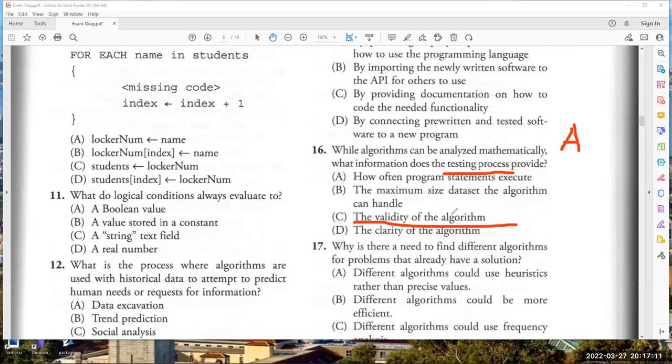The book says empirical analysis involves implementing algorithms through code and executing them to determine how often statements are executed. I would say when you implement the algorithm, the purpose of testing is not to test the efficiency. The efficiency, you actually get as the order of n by mathematical